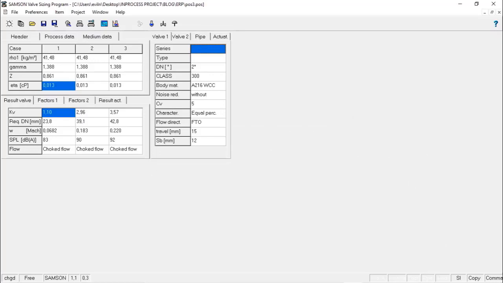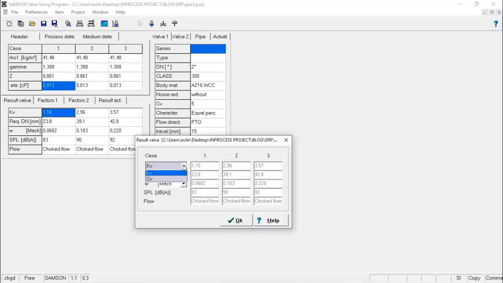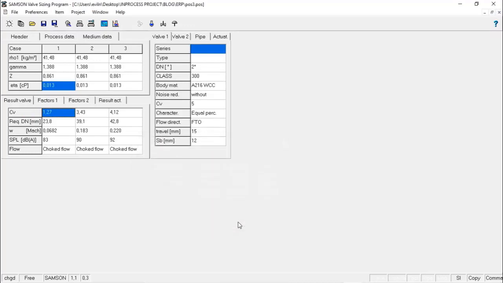And I will change another information here. I don't want KV, I want CV. So what we got here was the CV calculated, and you may know that for CV calculation there are a lot of ways to do that, and for control valves that is not a trivial issue. There are a lot of constants and square roots and so on to be developed, but in fact what I want to show you is that we have CV calculated for 3